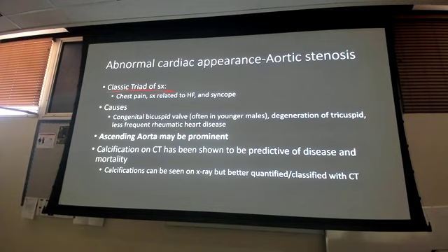It could be a congenital bicuspid valve. It could be degeneration of the tricuspid, rheumatic heart disease, right? The biggest thing is the ascending aorta is probably going to be prominent, but the ascending aorta with prominent hypertension as well, right? You might see calcification of the valve on a CT or an X-ray if it's really bad, but again, your